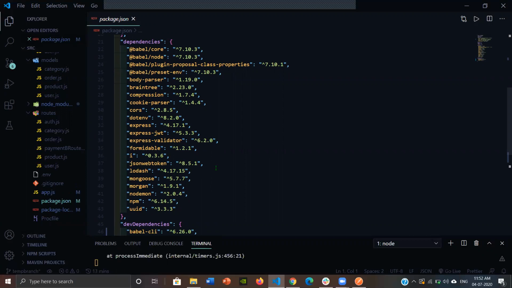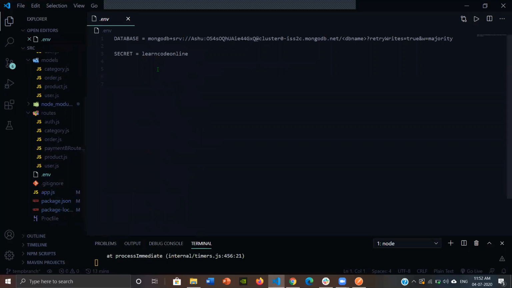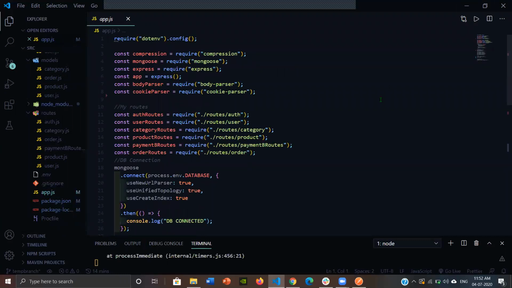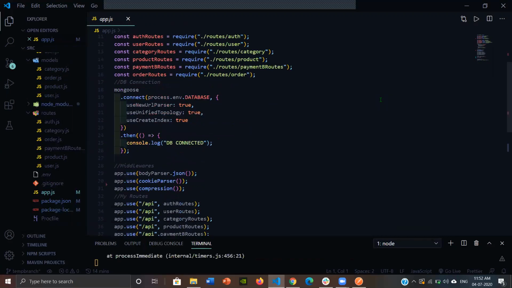This is our whole backend project, which we were given by our instructor. And this is the env file. It will not be uploaded to GitHub when we upload the project, as it is a secret, which only the developer will be able to see. And this is our app.js file, the main file which we have created.